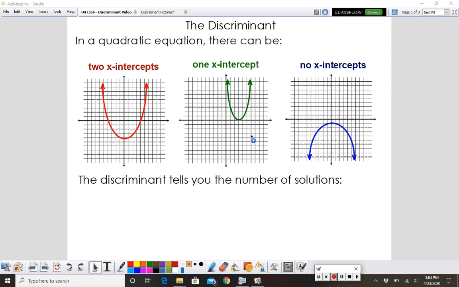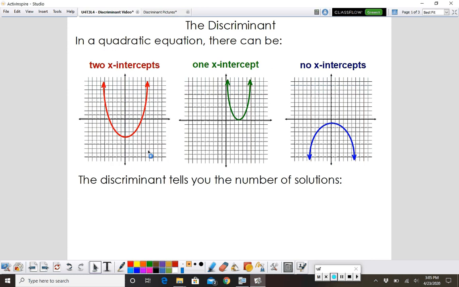The value of the discriminant is going to tell us how many solutions there are in a quadratic equation. So remember, in a quadratic equation, if you have two x-intercepts, that means you have two solutions. One x-intercept means you have one solution, and if there are no x-intercepts, it means you have no solutions. The discriminant is a number value that you're going to get that's going to tell you how many solutions you